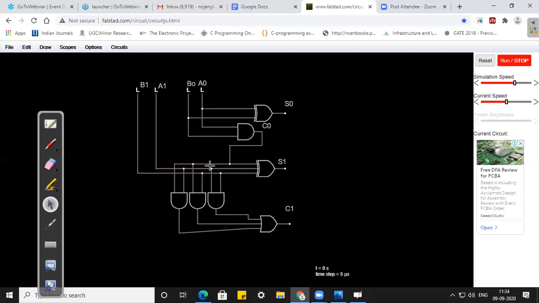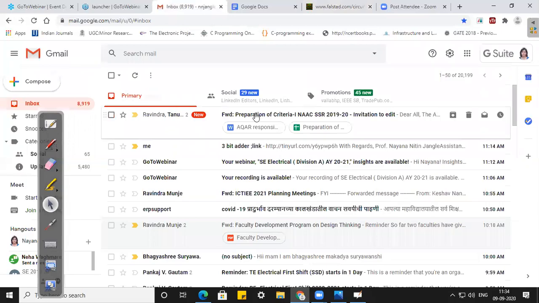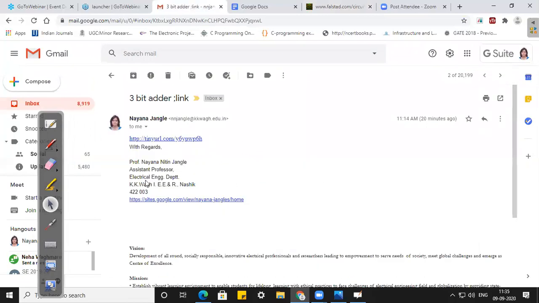So I have completed this circuit. We cannot save this circuit directly, we have to save the link, so I have sent the link to my email and saved it on my mail ID. Now this circuit will be opening shortly.